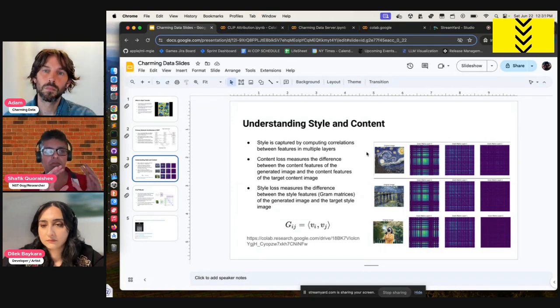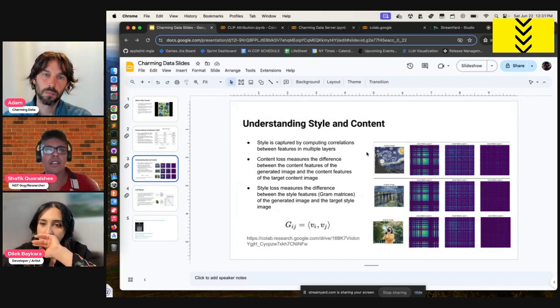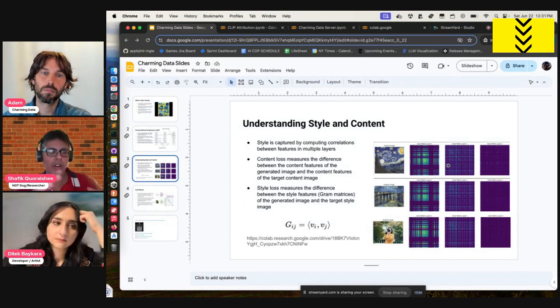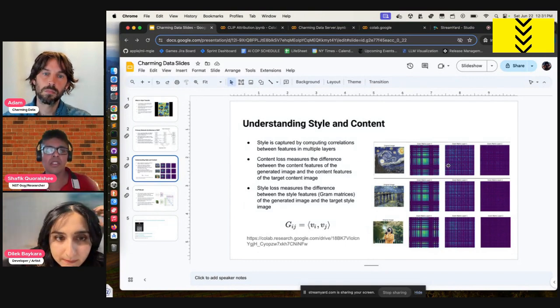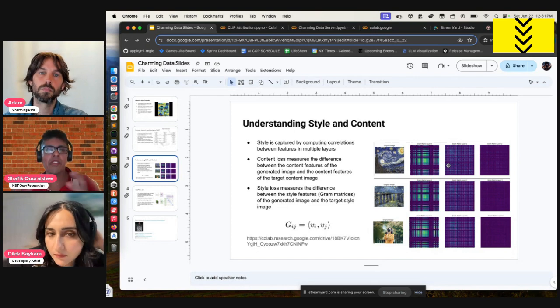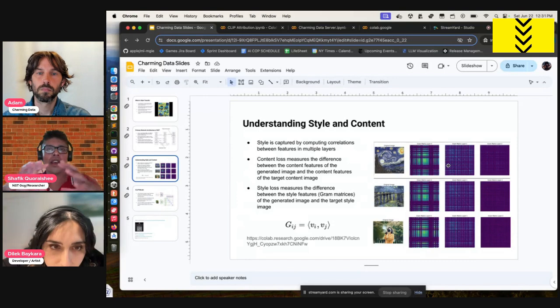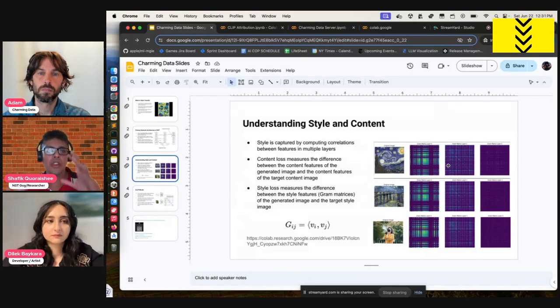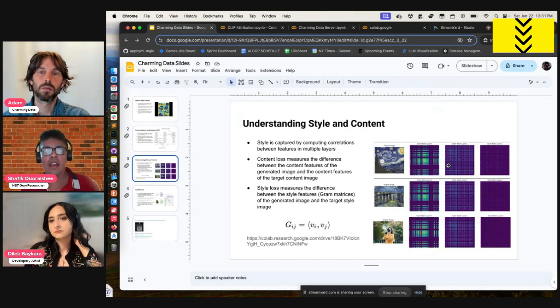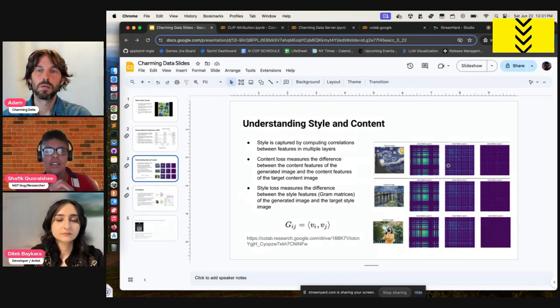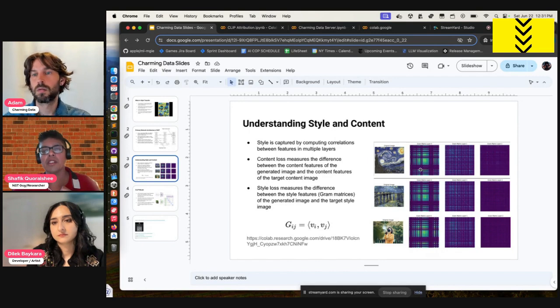The idea is that the style on the lower layers is extracted and put into this mathematical construct known as a gram matrix. The gram matrix itself is like a self-autocorrelational matrix, which identifies features within itself and helps to highlight those features that are applicable to a particular style. And the matrix operates at different layers. You apply the matrix operation at different layers to get different pieces of the style.